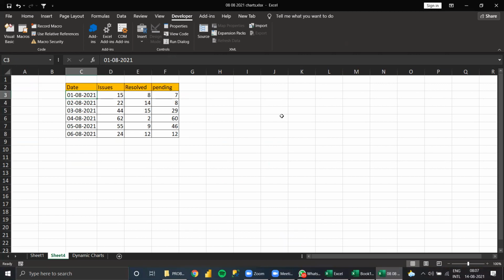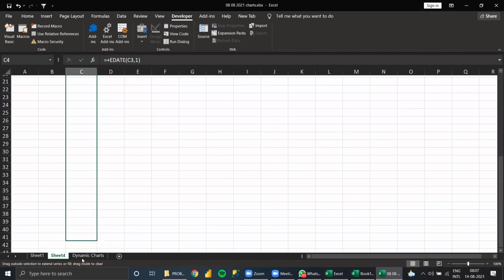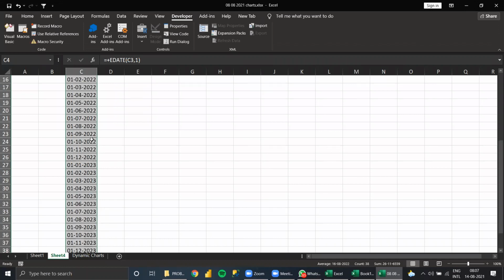For example, I am making this from the data itself, starting from the data. I can put the start date, the starting month. From January 2022, till August I have the data. No, I don't want that.